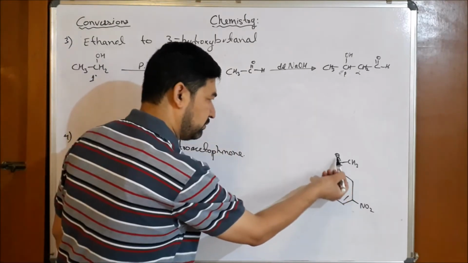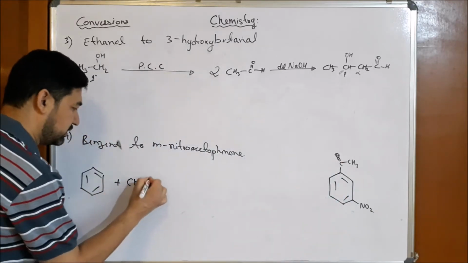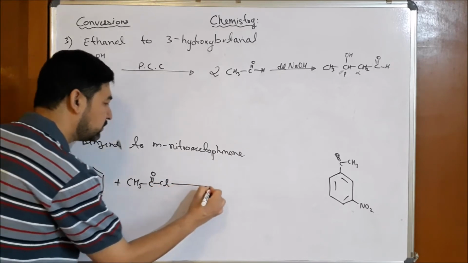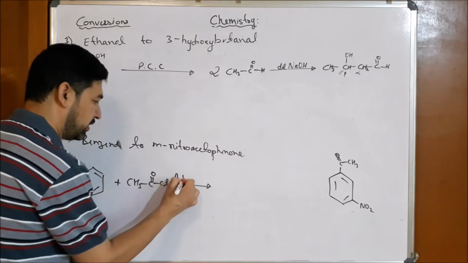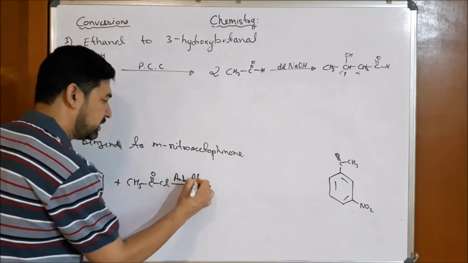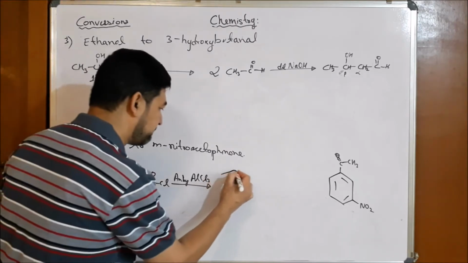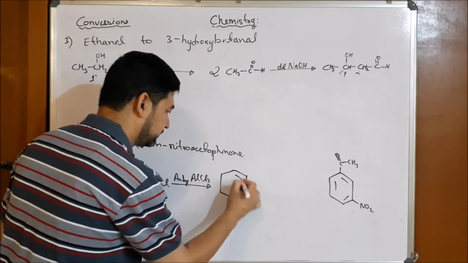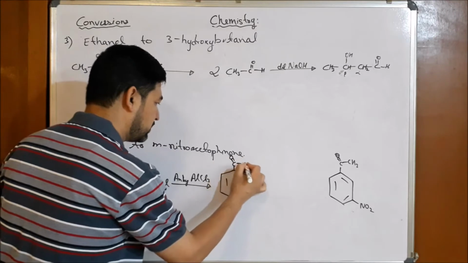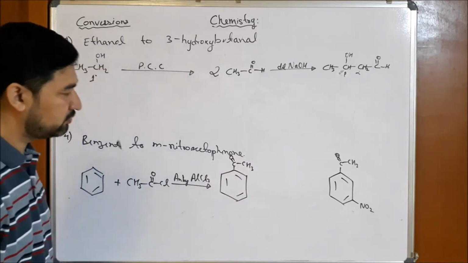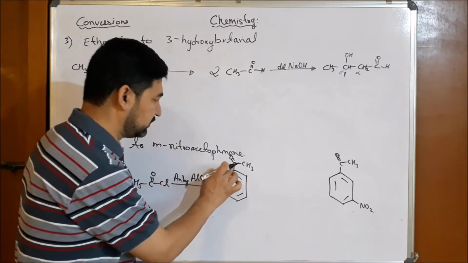So CH3 C double bond O Cl, an acyl chloride. Then I do the Friedel-Crafts reaction. The reagent is anhydrous AlCl3. If we do this Friedel-Crafts reaction, then our product will be C double bond O CH3. Now this group,